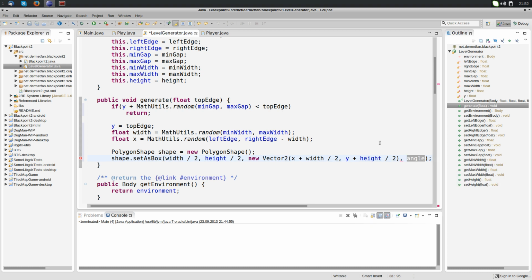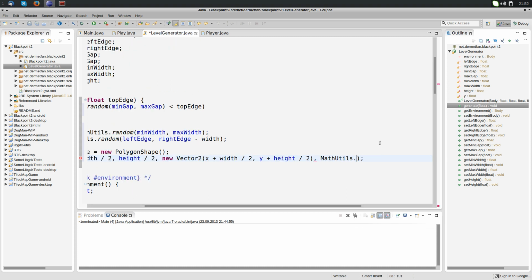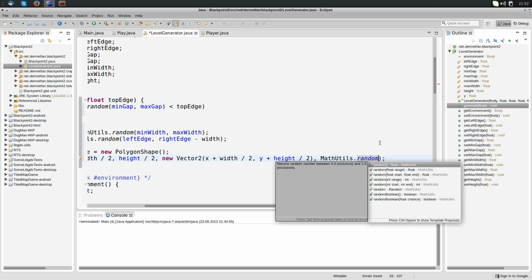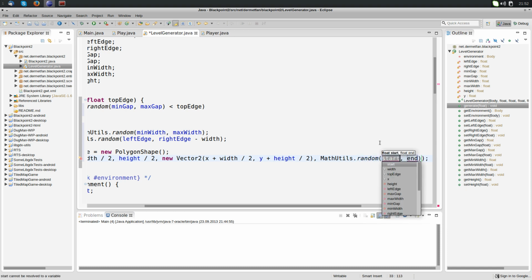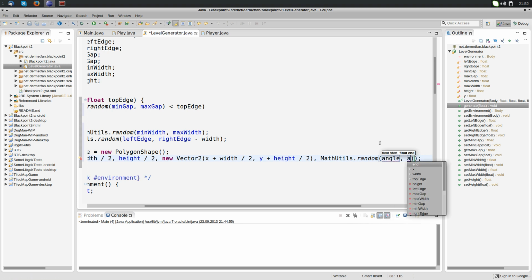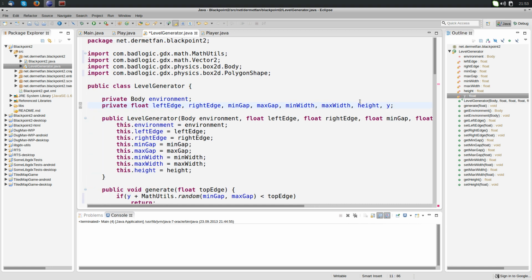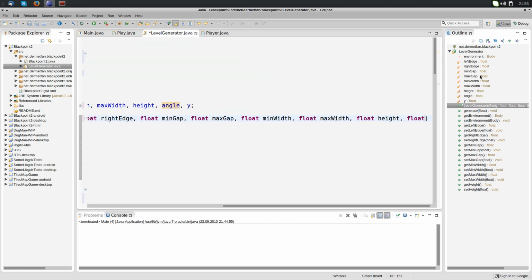Next thing was the angle that I just removed there. Most are probably going to be 0, but since it already gives us the option there, let's actually say MathUtils.random, and what's this, range. Now let's go start and end, and let's say we define an angle value, and we'll just put that up here. Angle, like after height, angle, and float angle,